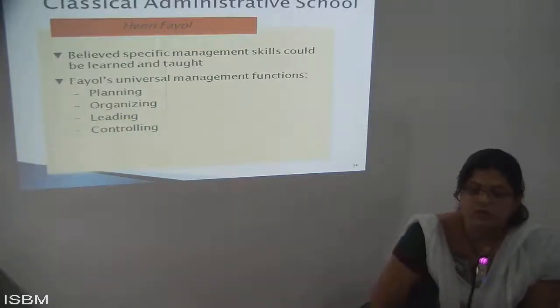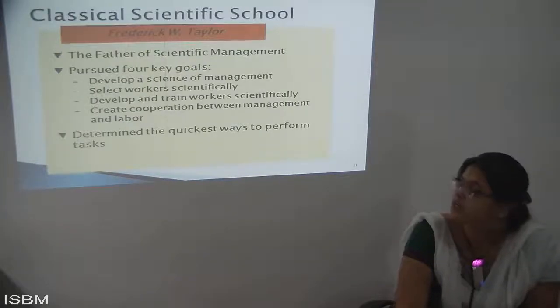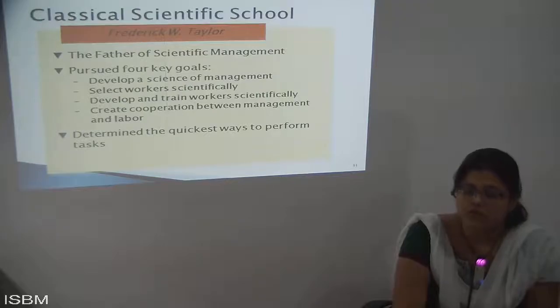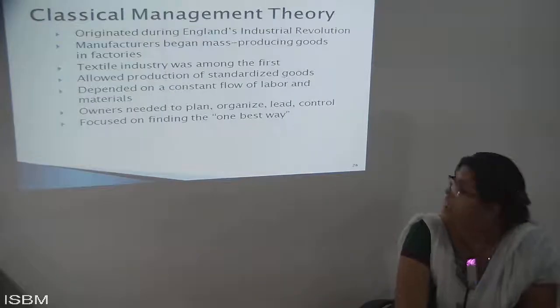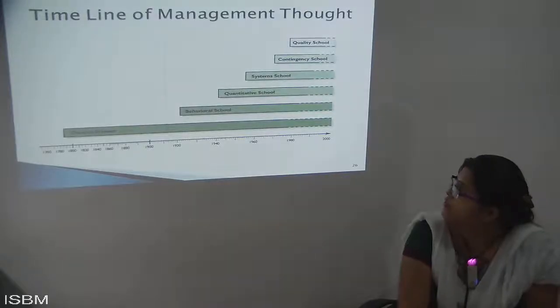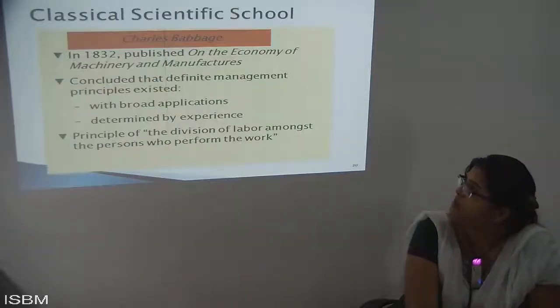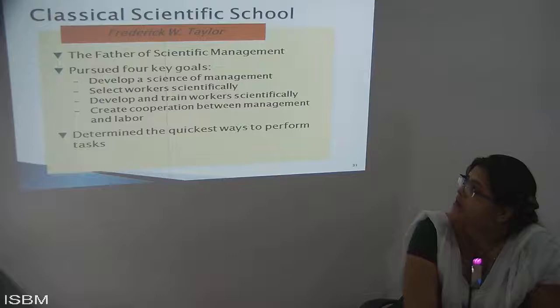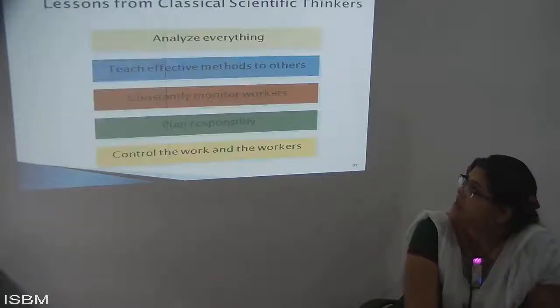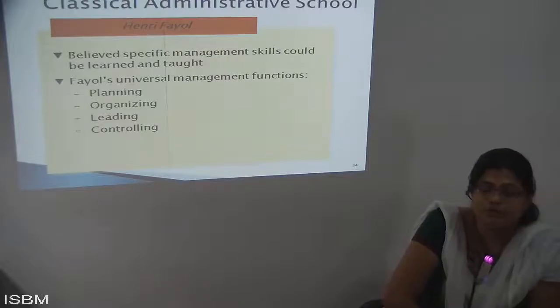Now here there is one more they have given. All these people were part of the scientific schools, as we have seen with the help of the pyramids. First we went through the schools, and now we'll be learning with the help of administration. In the schools we had three people: Charles Babbage, Frederick Taylor, and then Henry Gantt. Now the next people are the administrative schools, as it is called.